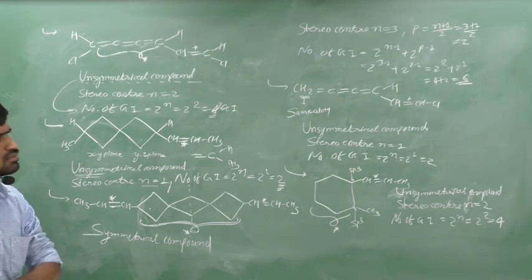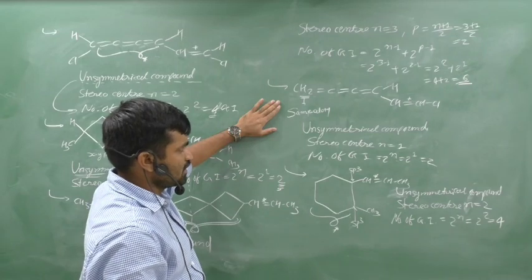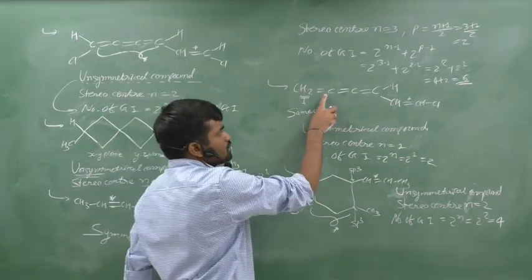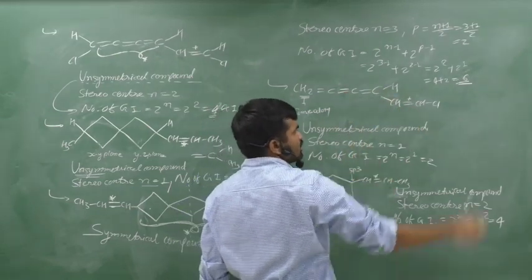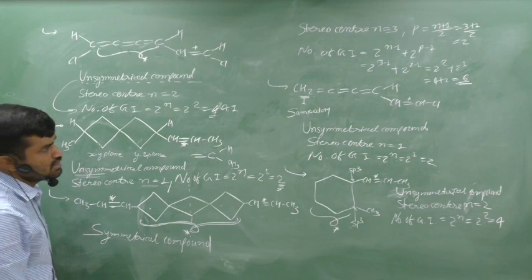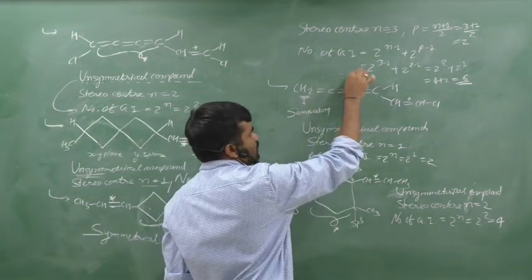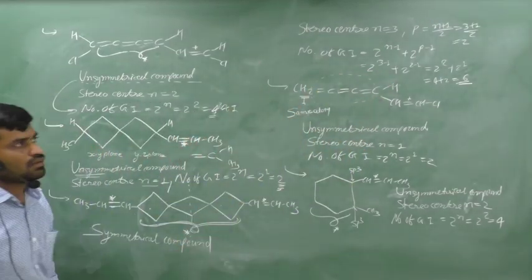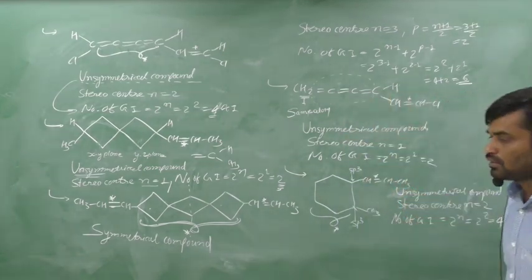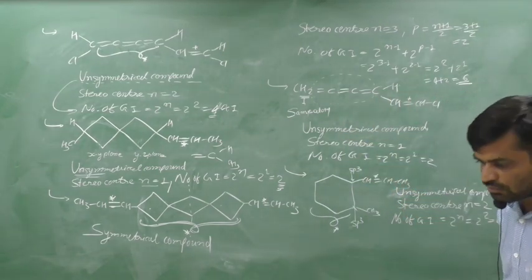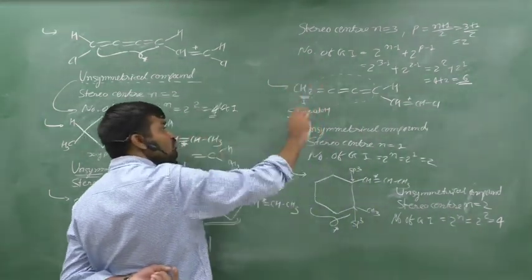Now, if we think about this system, very important, tick mark it. CH2 double bond C double bond C double bond CH, CH double bond CHCl. Yes, it is an allene. This system is an allene. If we calculate the number of double bonds, it is 3, an odd number. People think that an odd number of double bonds in an allene shows the GI, but the second condition is not fulfilled.